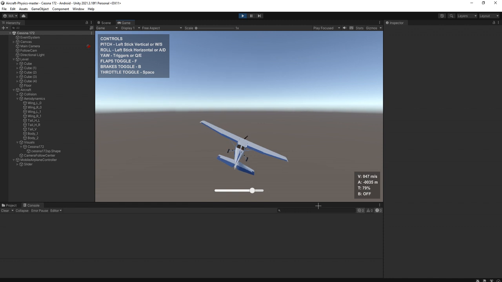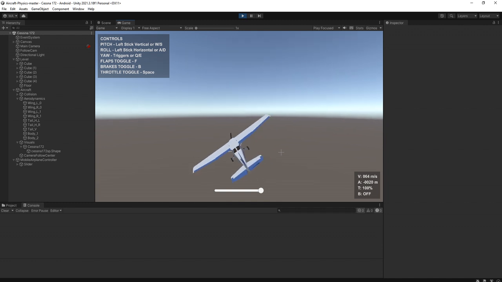Full throttle, 100%. Let's try to land it again, guys. To toggle the brake, we need to press the B button on our keyboard.